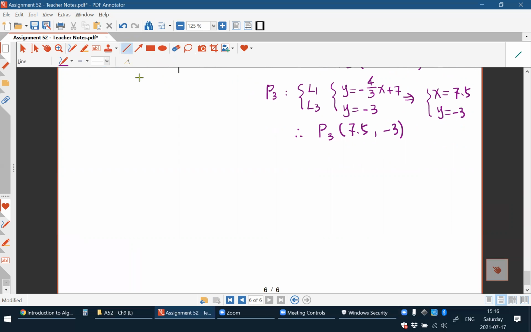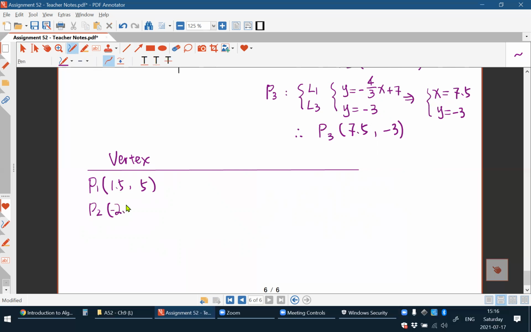Next, we need to calculate the target function at each vertex. Okay, we need to use a table here. The first column is our vertex, which is P1, P2, and P3. Next column is our target. Our target is to maximize this expression, 3x plus 2y, right? So at vertex P1, the value of the target function is 3 times x, x is 1.5, plus 2 times y, y is 5,